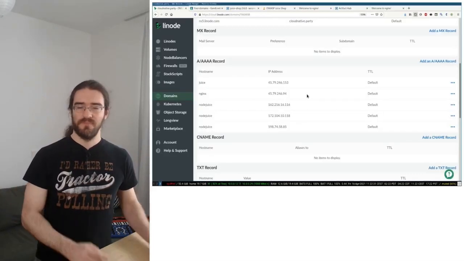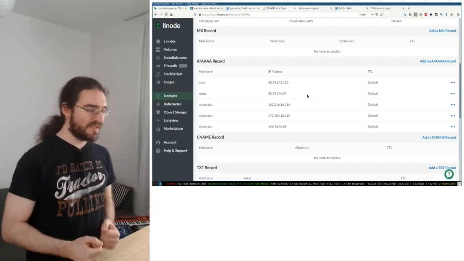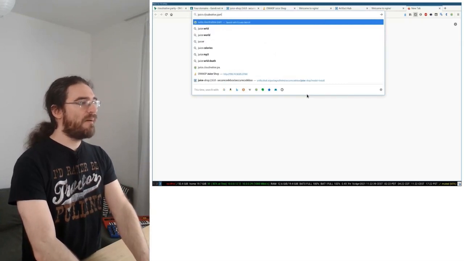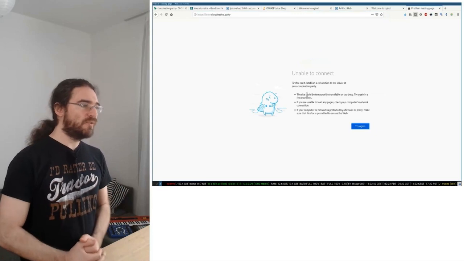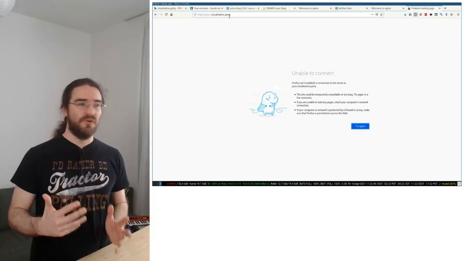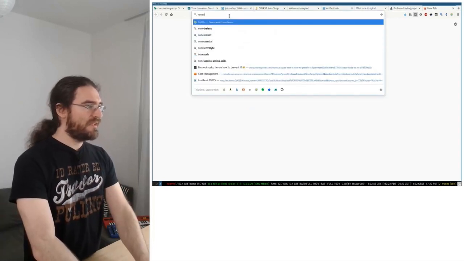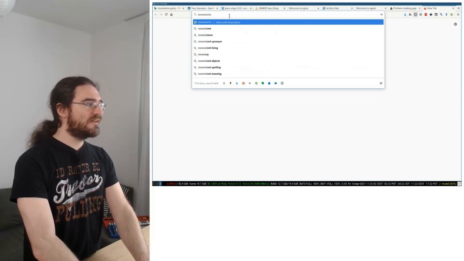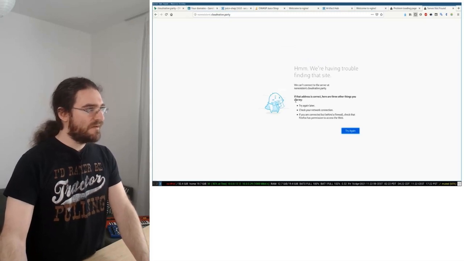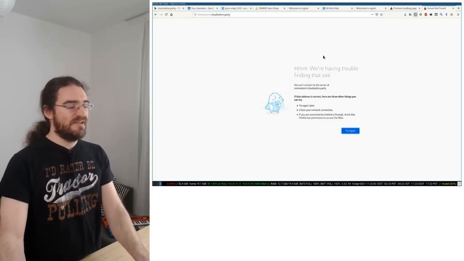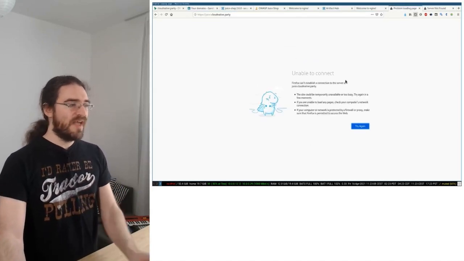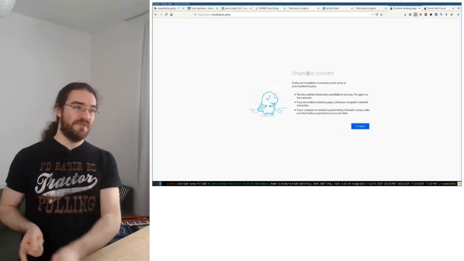A few minutes later, after my records get available, I can try to connect to juice.cloudnative.party, and then, surprise, it doesn't work. And I'm like, wait a minute, okay, DNS seems to be fine, because if it were a DNS problem at this point, I would get something different. If I try non-existent.cloudnative.party, okay, it looks like it's a different error message, right? That one basically means DNS did not resolve,